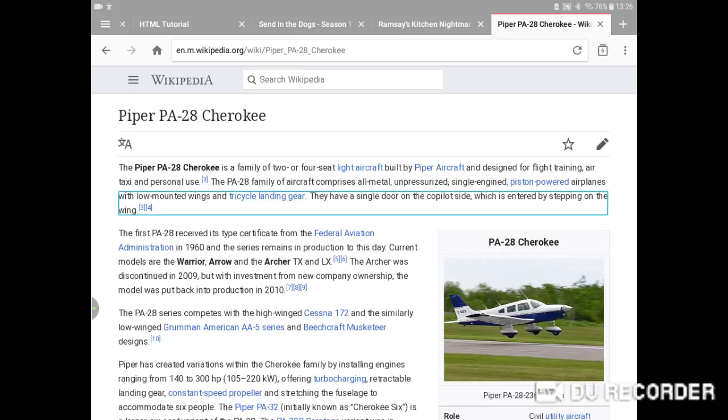They have a single door on the Copilot side, which is entered by stepping